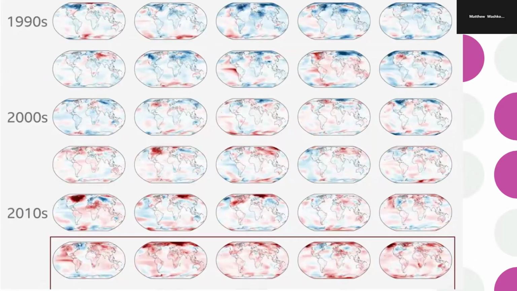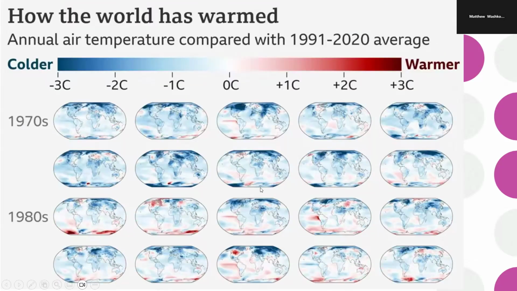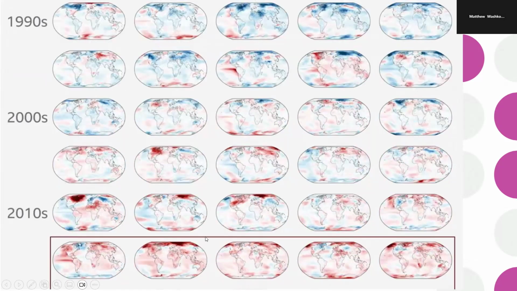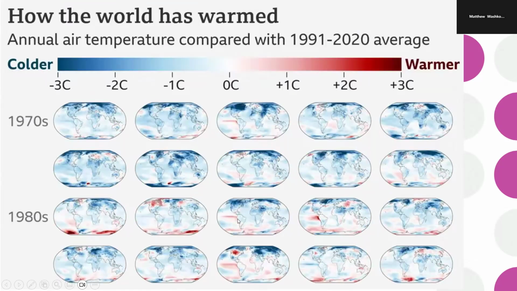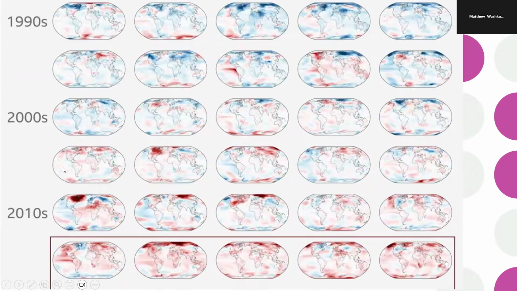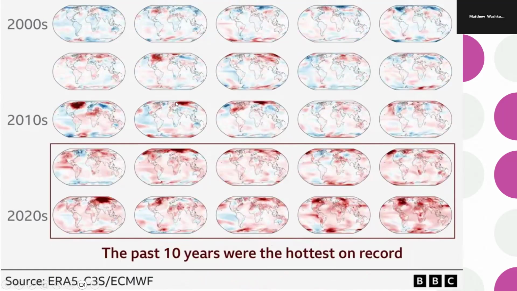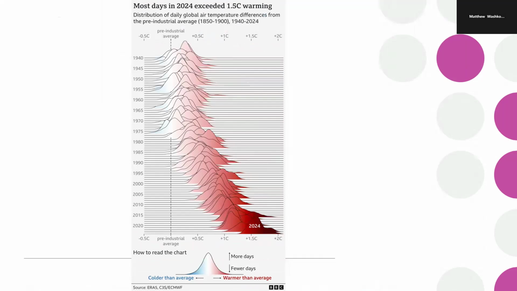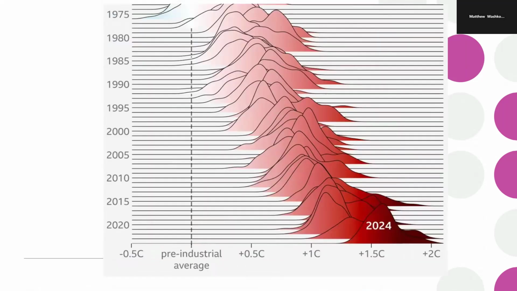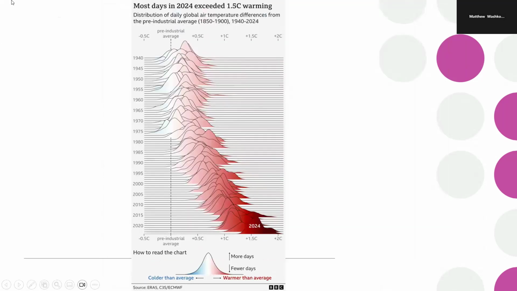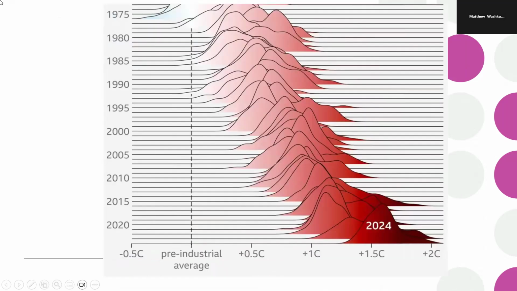Again, this is just taking those snapshots of the world. I really like this picture because you can see how it changes every single year. It's just the yearly average in the 70s, the 80s, the 90s, 2000s, and so on. And you're looking for trends. Again, there can always be a bad year, but the last 10 years have been the hottest on record, and this has continued to stick true. You guys read this article, but you can see how it just continuously shifts warmer and warmer and warmer and warmer.